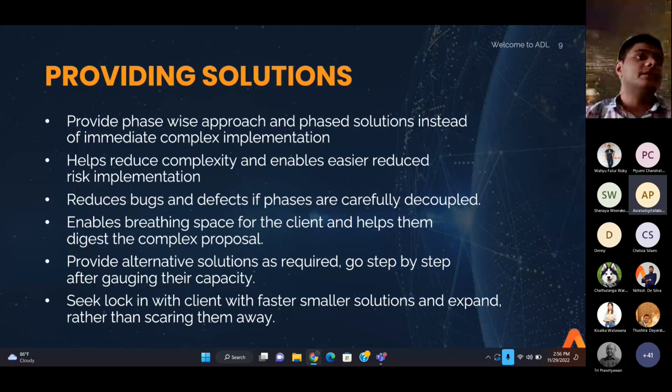The reason is the ability of having a breathing space. For example, it could be finance, it could be technical, whatever it is. If they are going to pay monthly or if they are going to take baby steps in each month, then definitely, just like how EMI plans and the monthly installment plans out there, SaaS companies took the same approach. They take monthly wise payments, and finally this helps them achieve more customers and lock in with the client, because